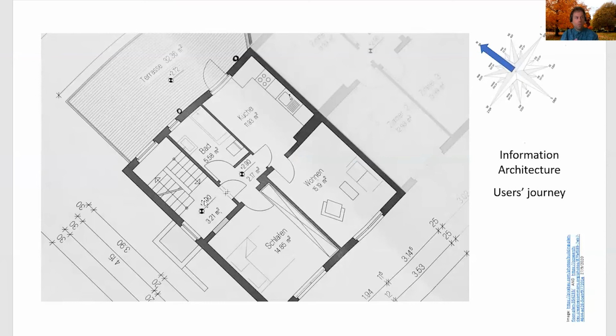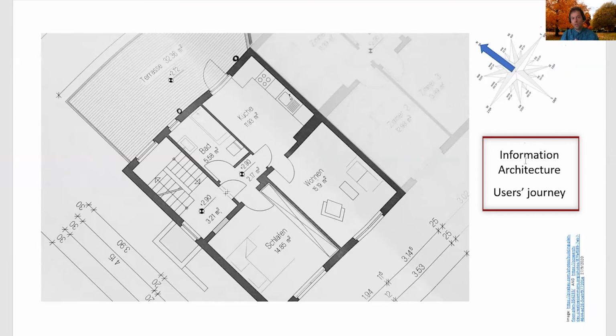So you will know whether you want the sunrise in their kitchen or in the bedroom or in the living room. All these decisions that you will make depend on knowing where the north is, knowing how good the soil is, knowing your user, what are their requirements, what do they need. And then you would fit your design, in this case, design for a house, you would fit it to your users. This is, by the way, how we structure information.